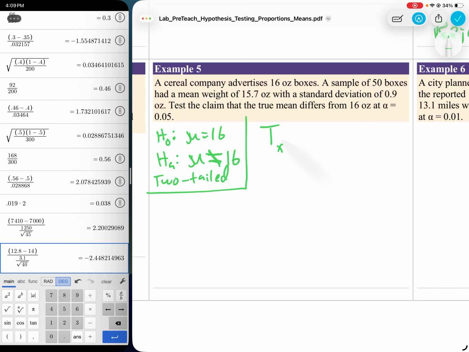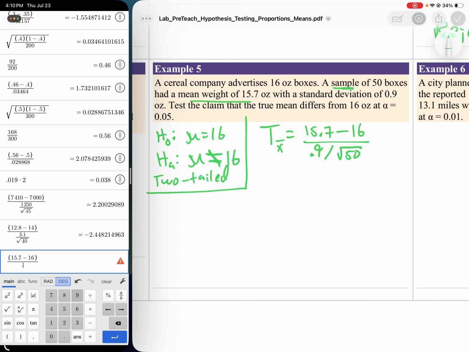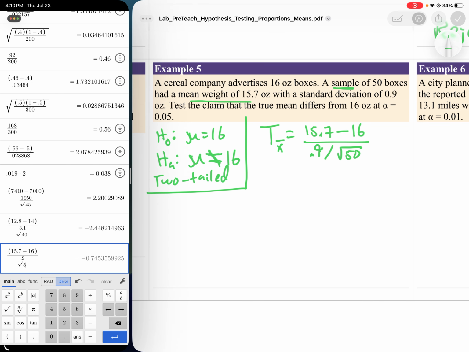So let's get the t-statistic that we need, our test statistic, our t-score. We're going to take the sample mean, 15.7, minus what we think is true of the population, so we're going to use our null hypothesis there, divided by the sample standard deviation over the square root of the sample size. 15.7 minus 16 divided by 0.9 divided by the square root of 50. So we get a negative test statistic, a negative t-score of negative